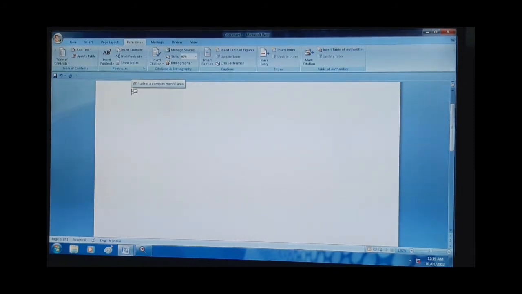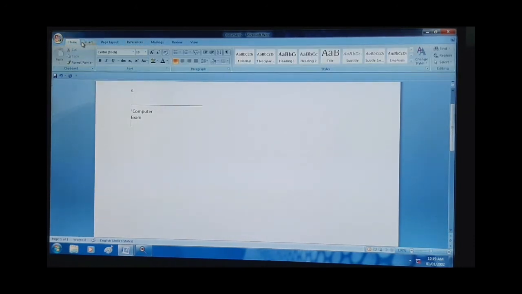For the endnote, again we will go there and click Insert Endnote. You can see the cursor blinking at one place, and at the bottom we had written the footnote. Now as I click Insert Endnote, one more mark came here, and I am writing down the number, and it denotes the endnote. So here we are doing two things. First I did the footnote, which goes at the bottom of the page, and for the endnote, where our text is, there we can insert the endnote and save it.